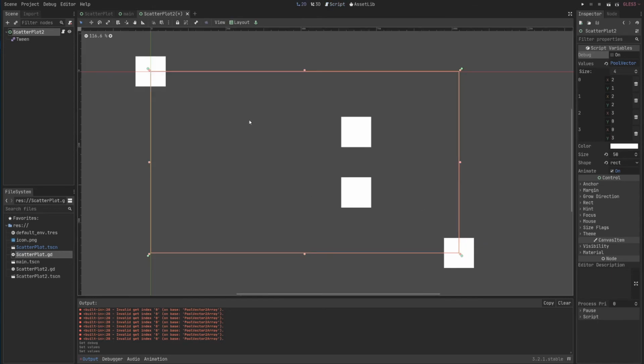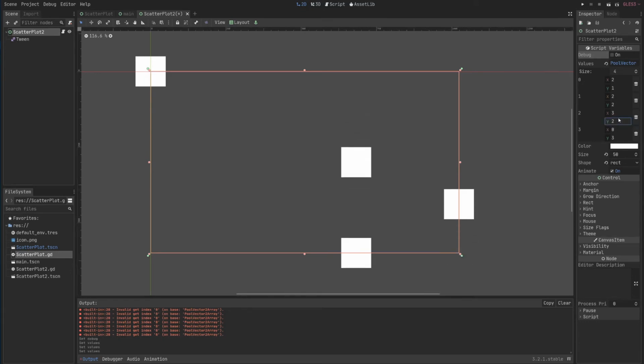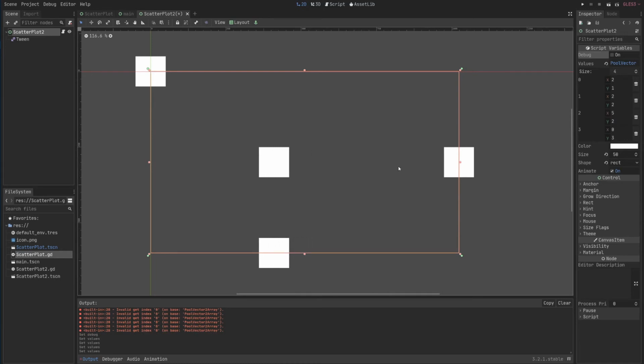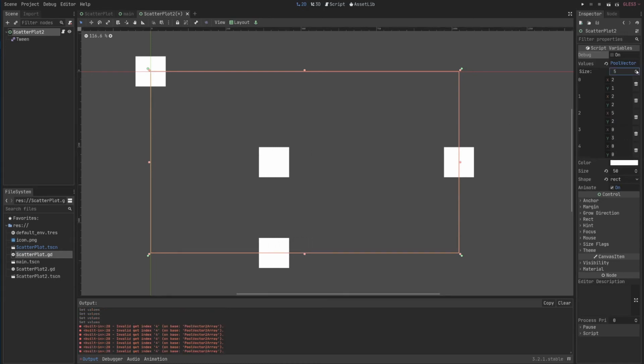So this is what we want to do to guarantee that every time we draw our scatter plot, it never goes beyond the bounding box that it has. So now we can just play around and do whatever. But also notice that if I increase the number here, we'll have a bunch of errors because now